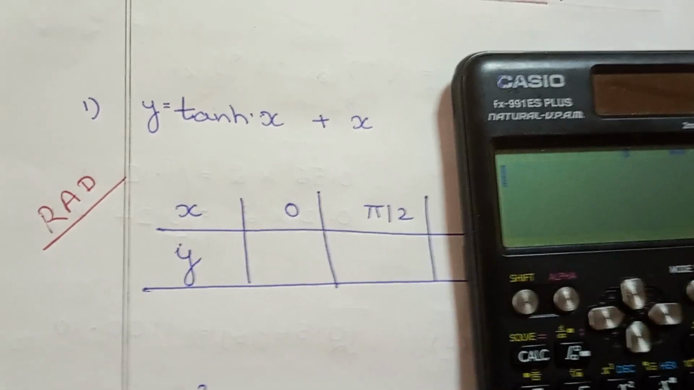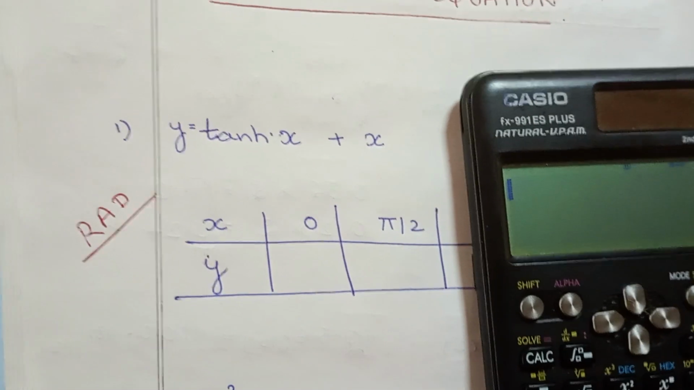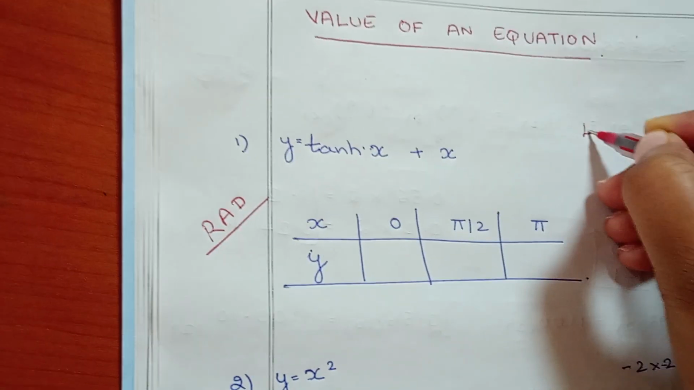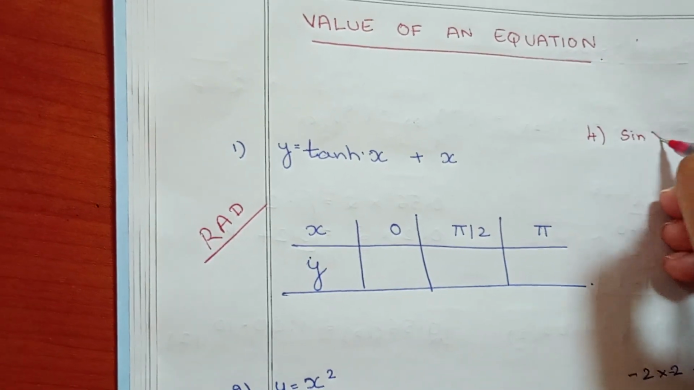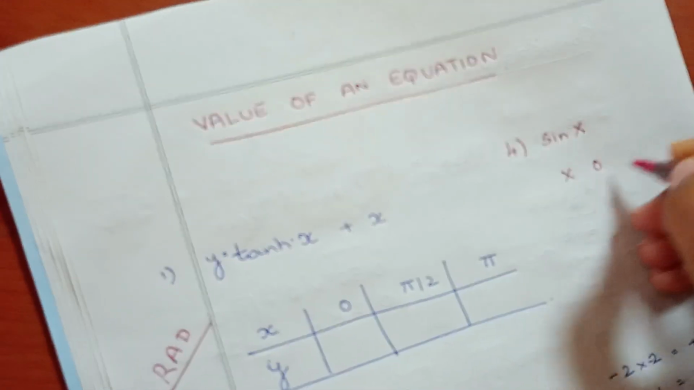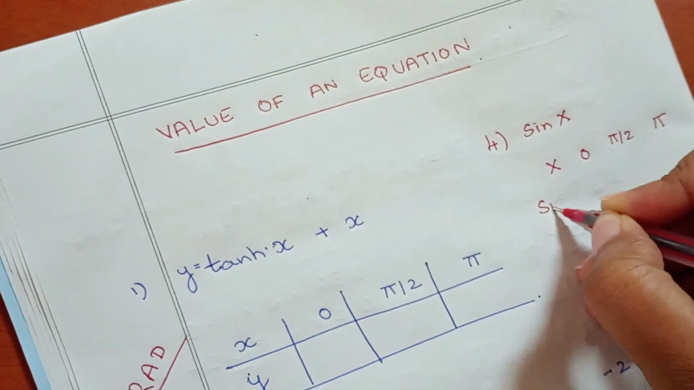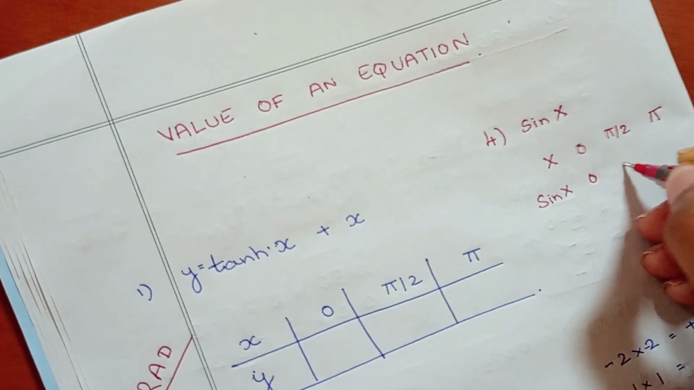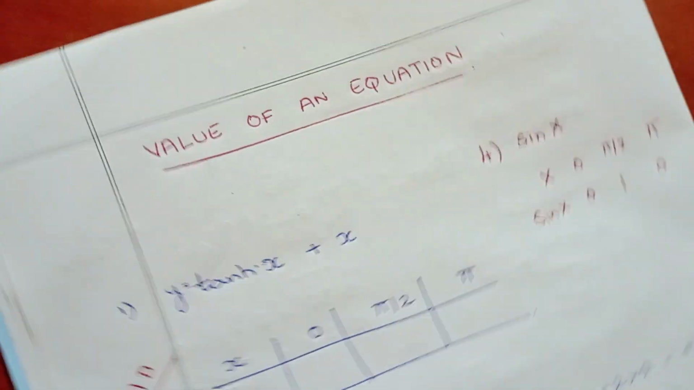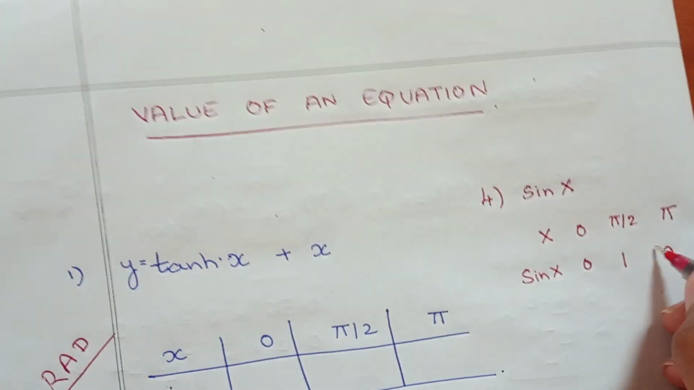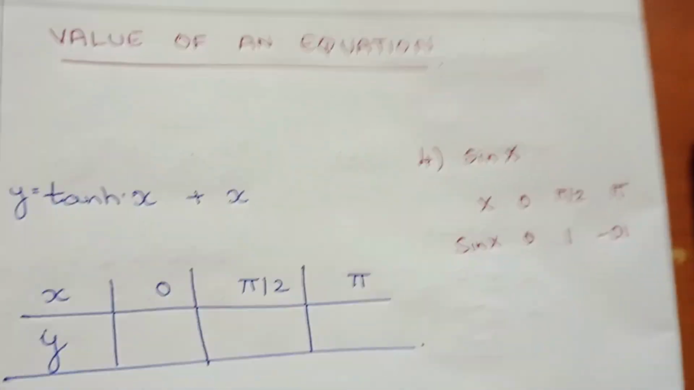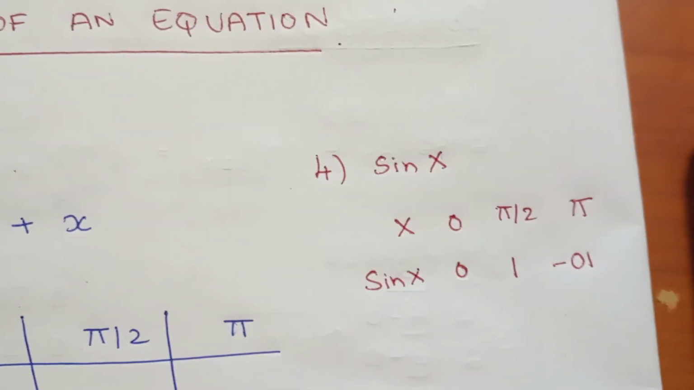Now if it is sin x, our fourth problem, assume it is sin x. Okay. So what is x? x is equal to 0, pi by 2, pi. Then what is sin x? Sin 0 is 0, sin pi by 2 is 1, sin pi is again 0. And so now in this equation, what I can do, sin